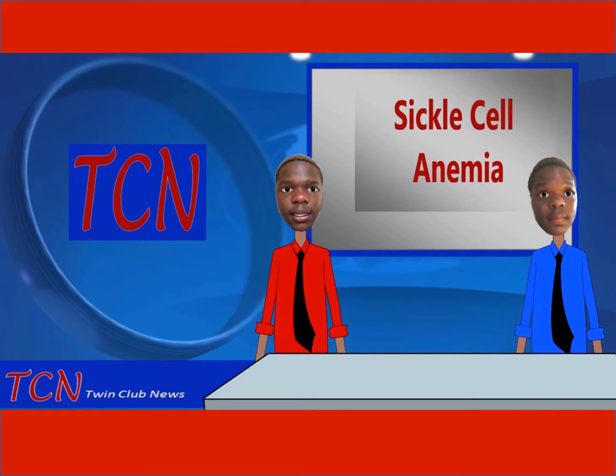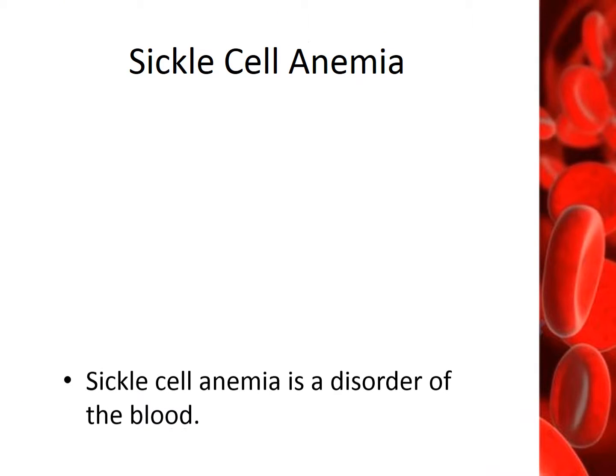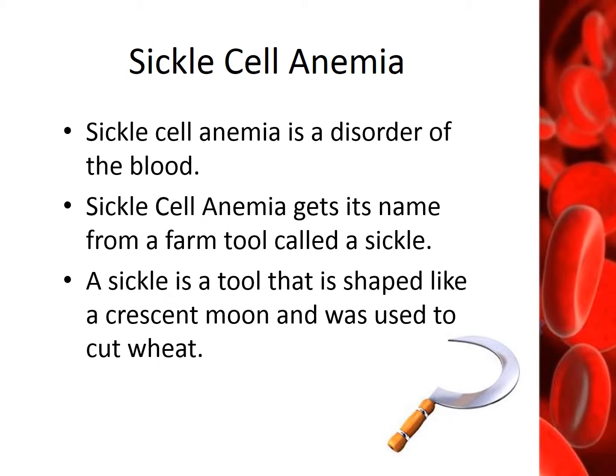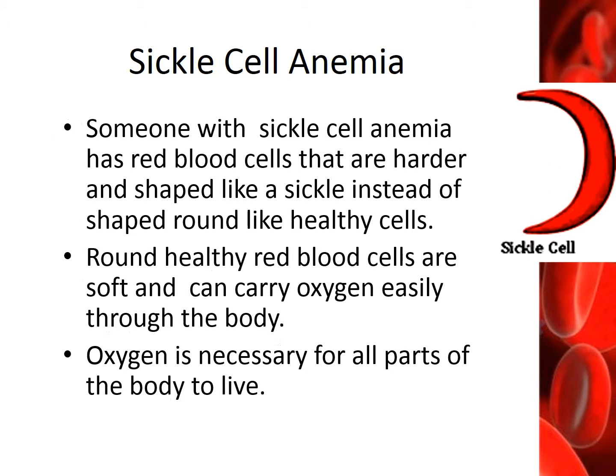Today we are going to talk with you about sickle cell anemia. Sickle cell anemia is a disorder of the blood. It gets its name from a farm tool called a sickle. A sickle is a tool that is shaped like a crescent moon and was used to cut wheat. Someone with sickle cell anemia has red blood cells that are harder and shaped like a sickle instead of shaped